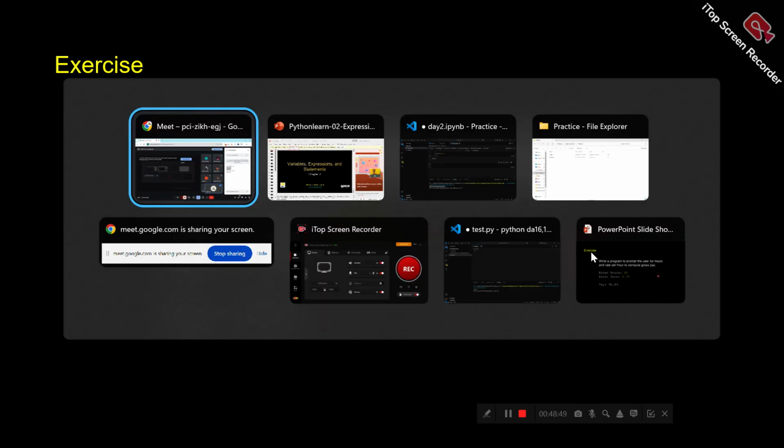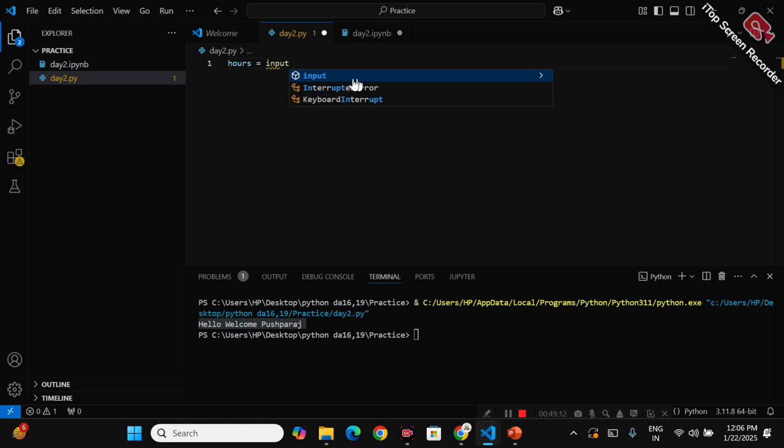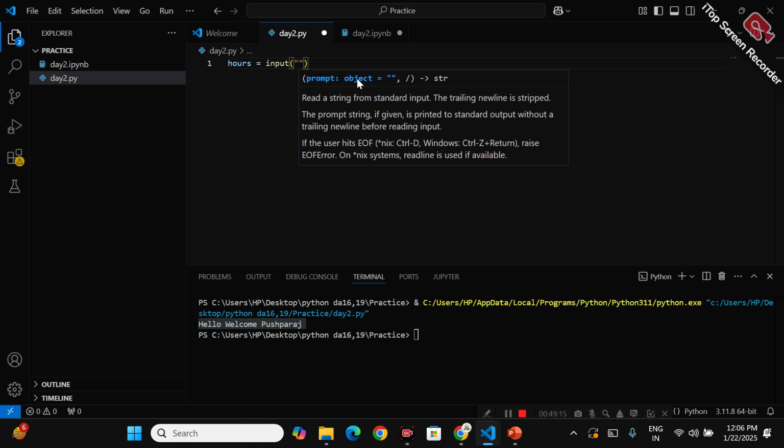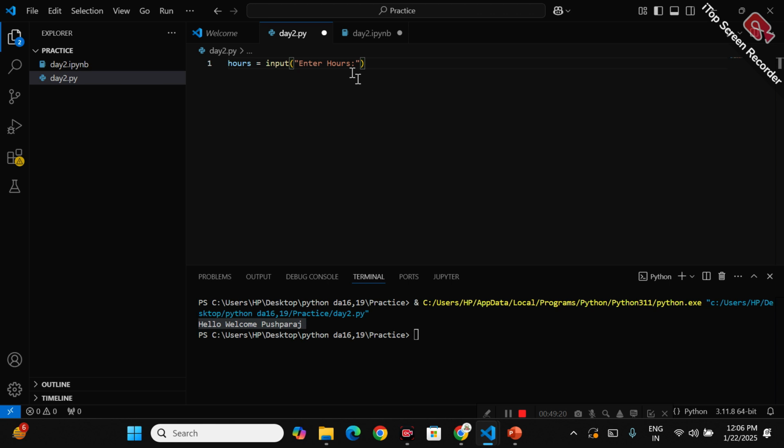Okay, so let's see how we can create it. We'll go to the Python file. What was the first thing needed? We need to take hours and rate in the input. So I'll create a variable hours, right? Hours is equal to input, enter hours. Now I'll create another variable, rate is equal to input,